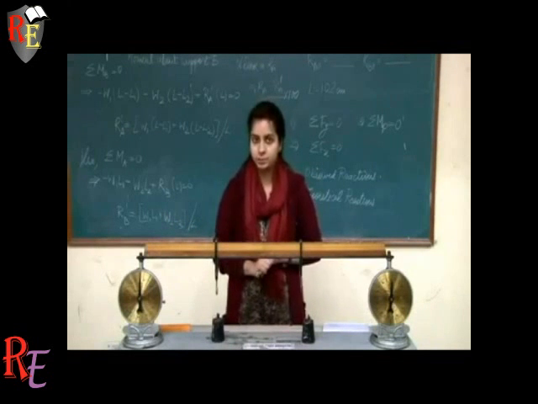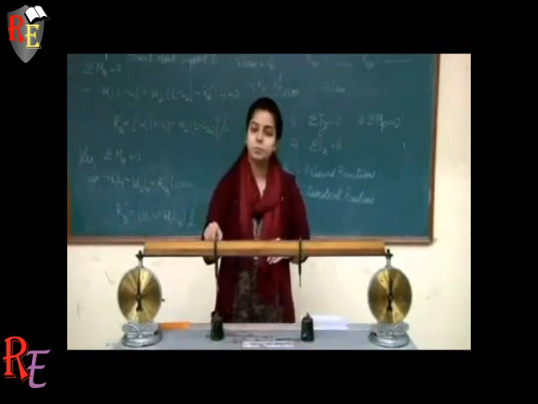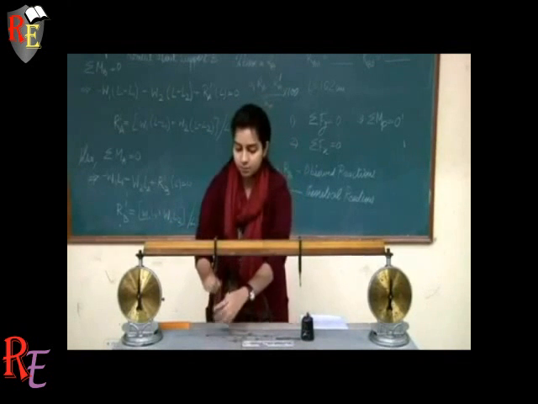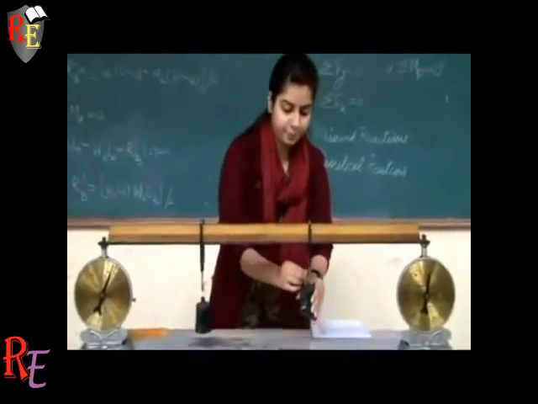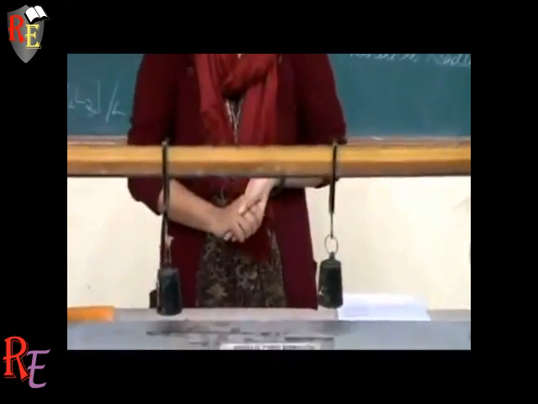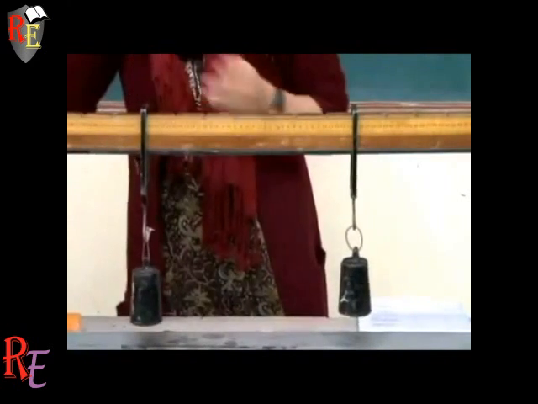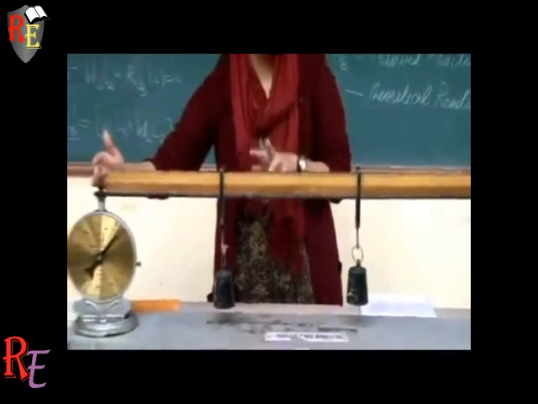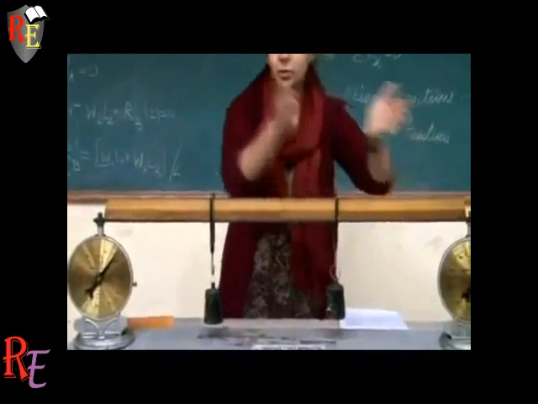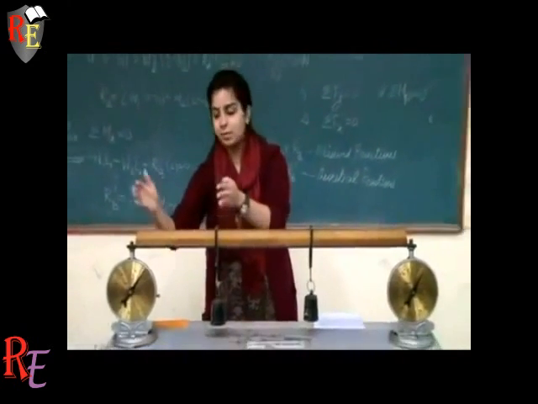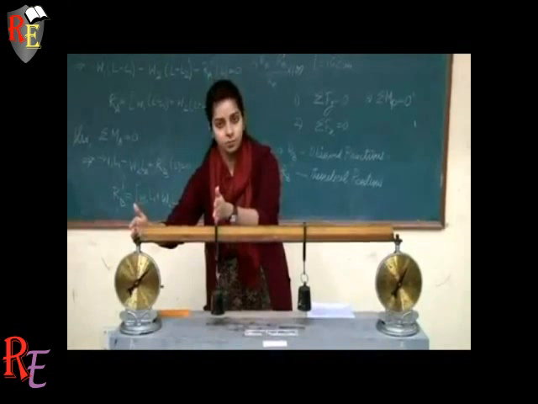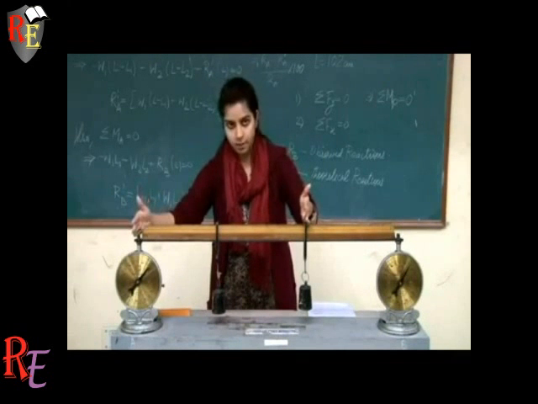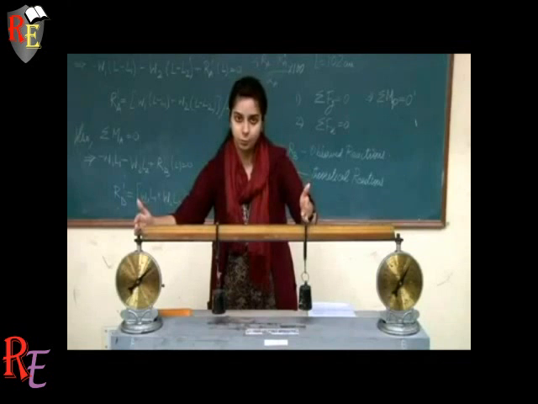Now, place these sliding hooks on predetermined lengths with weights on them. These lengths, as I said before, are L1 from support reaction A, and L2 from support reaction A. Make sure you don't consider this as L2 and this as L1. L1 is the distance from support reaction A of weight W1. L2 is the distance of support reaction A from weight W2.